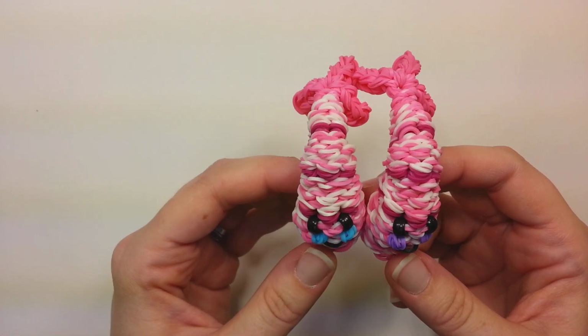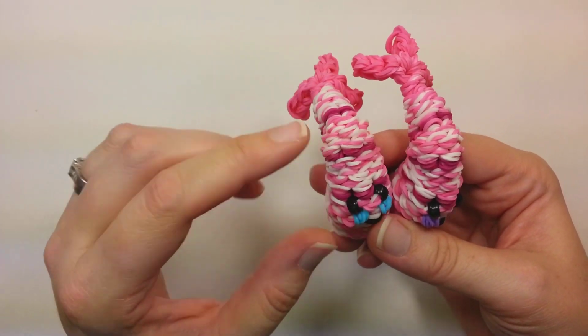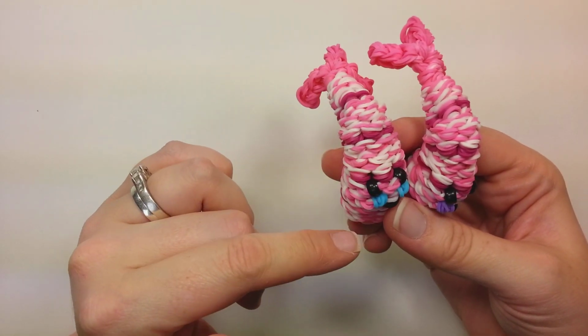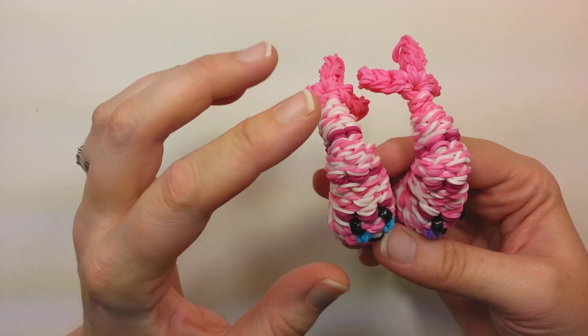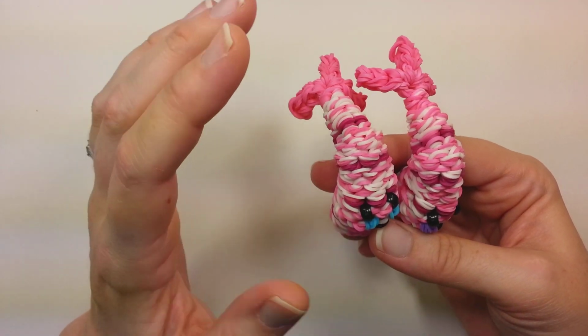And band wise, I did some alternating colors in here just to give it a different appearance or something. I like how it turned out, but you of course can use your own colors. I actually think that the jelly ones would look nice. The clear jelly and then the pink jelly alternating to give a shiny appearance like an actual shrimp. But I used, and what I'm going to use in the tutorial,